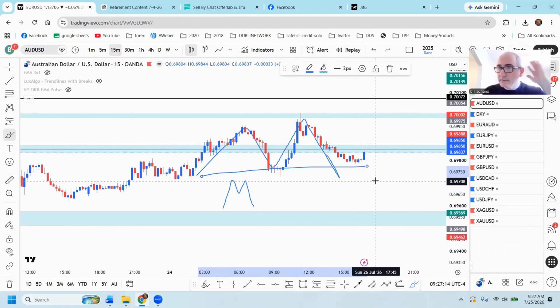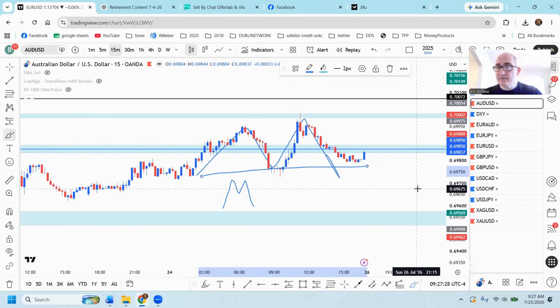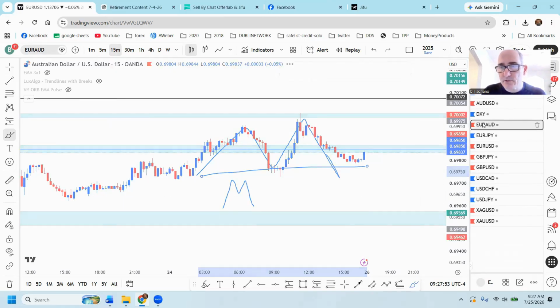But we look for that pattern, and the first confirmation is the break of that trend line. Again, that break has to be an open and close of a candle below that line. And then we confirm that with our quantum scanner. Essentially we pull up our quantum scanner, go to the 1-minute time frame, and if we're taking a sell position, we just want to make sure that we've recently had an open and close below the trend line on the quantum scanner. So that's AUD-USD. Next pair we're going to look at is